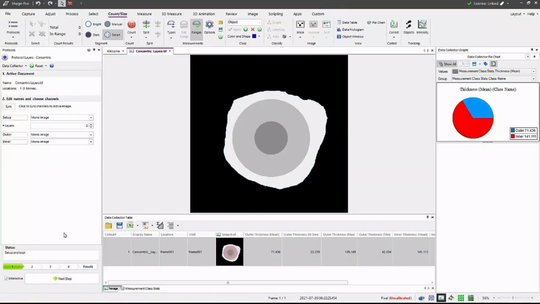At this point, you can continue and analyze individual images, or you can turn off interactive mode and point to a folder. So you can select a folder of images and batch analyze them. Measure the images one